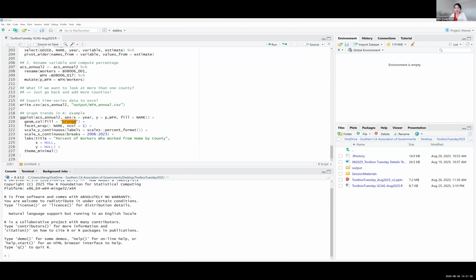If it looks like I freeze here, it's because it gets a little glitchy when I share my screen, and I want to give it a couple minutes to react. So, Amanda, can you give me a confirmation that you are seeing my screen? Hi, Echo. Yes, I can confirm we see your RStudio.